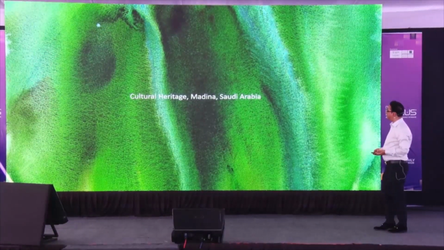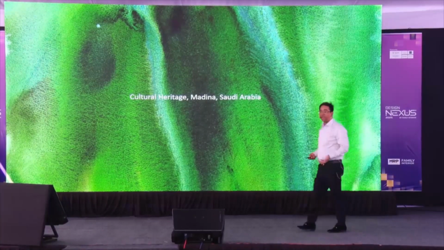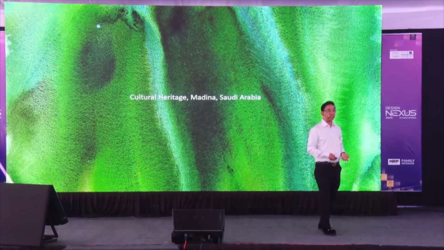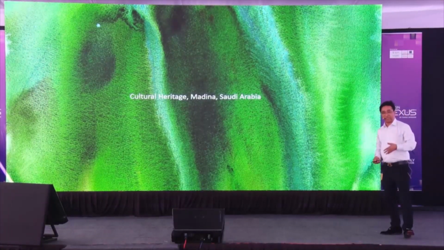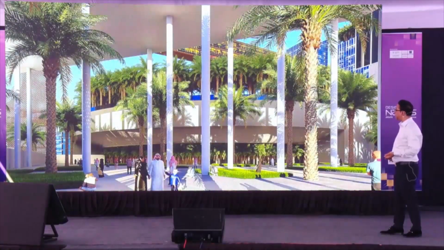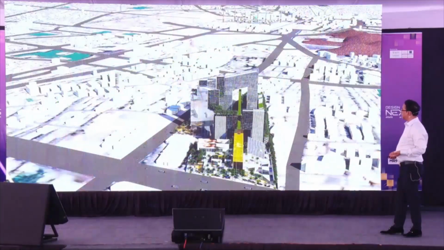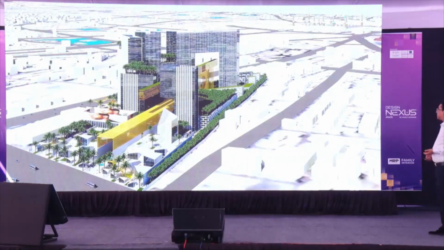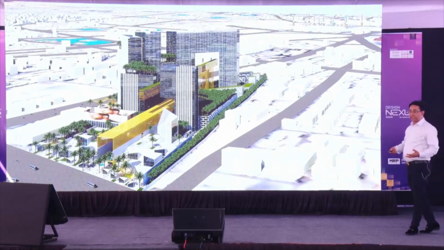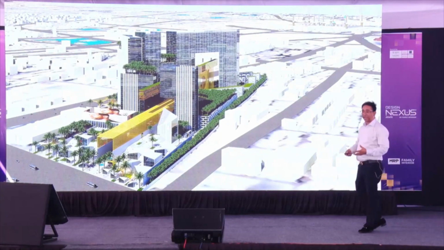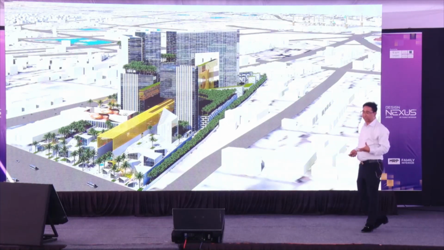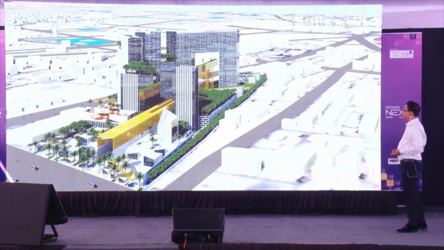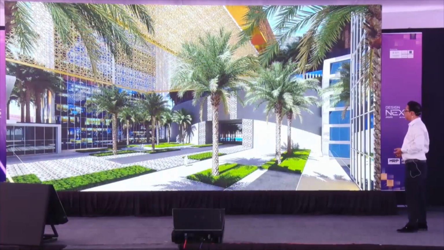And then we move to cultural heritage in Medina. We are working on a large project which is very big, I think $4 billion US, something like that. It's still being worked on. The first plan has been approved by the mayor of the city. This is what we are trying to do. We are replacing the heritage, actually, the garden, Khajur Bagan, the date palm trees, all replaced and gone. Again, this land which was originally farmland, we created similar farmland but above the ground, and the ground is free for many other things.